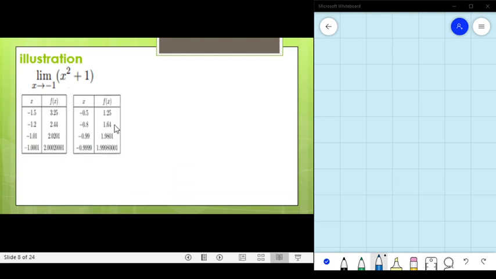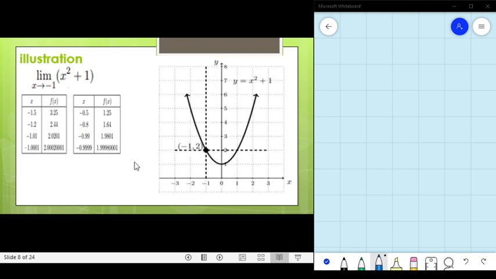And then, if we assign values of x from the right of negative 1, we start at negative 0.5, then negative 0.8, then negative 0.99, negative 0.999. So notice that the values of f of x get closer and closer to 2. Okay? So in our illustration, if we are going to graph y equals x squared plus 1,